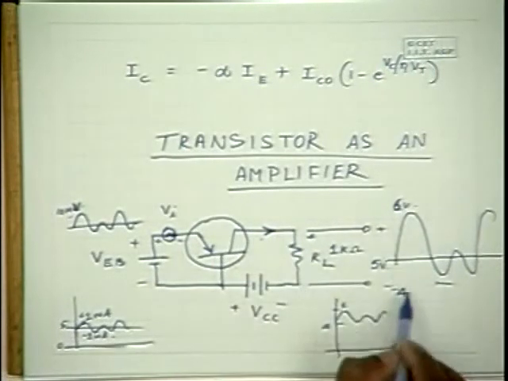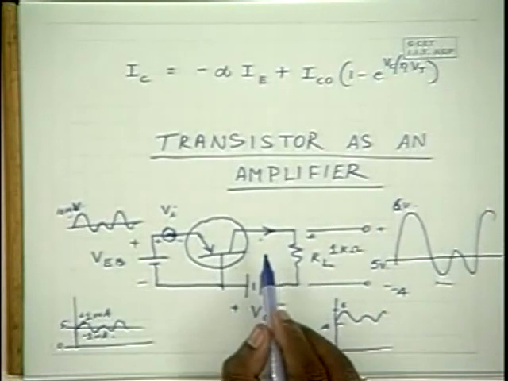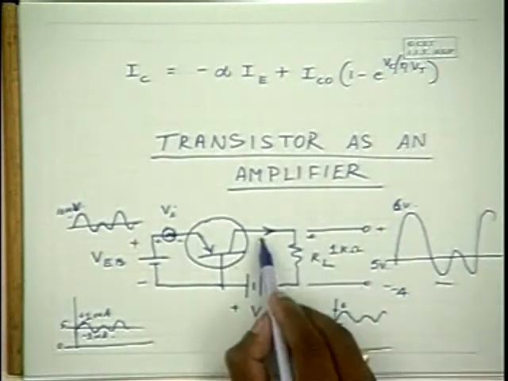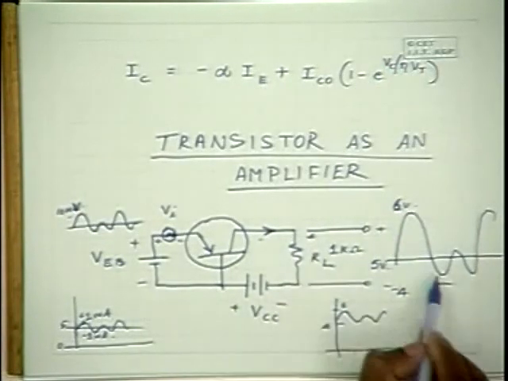When this voltage changes between 4 and 6, naturally this voltage also changes, because the sum of these two is equal to this voltage. Now the question is, by allowing the alternating current to drop here and cause a